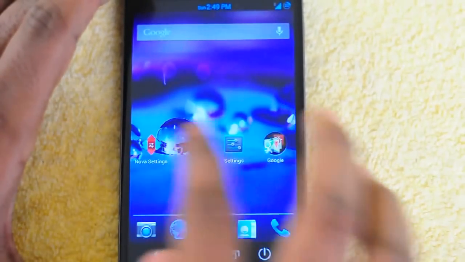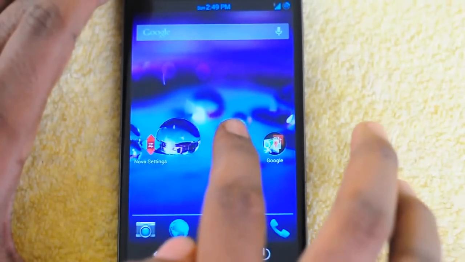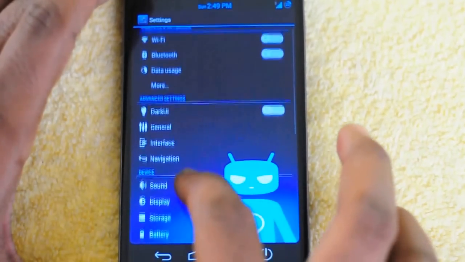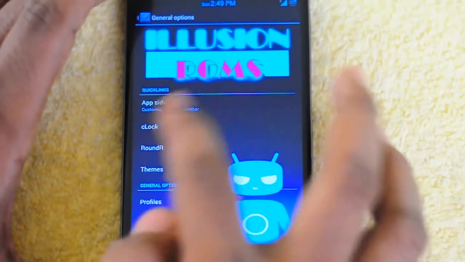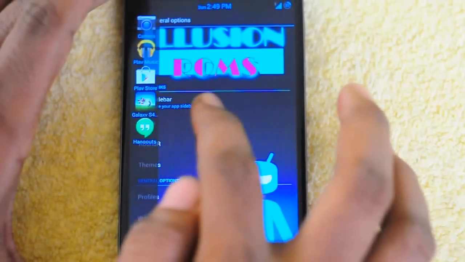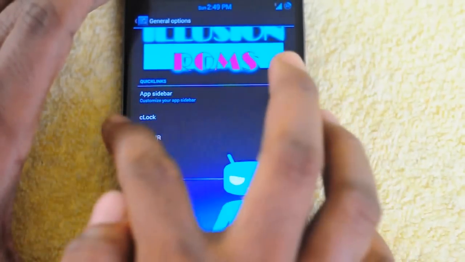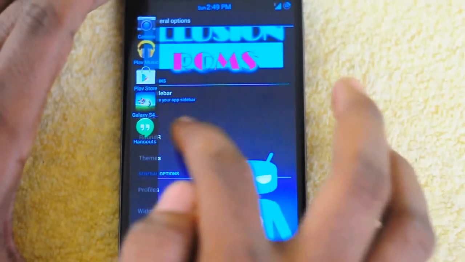This ROM comes with Nova Launcher pre-installed, so you don't need to install any custom launcher. Let's go to the settings and check out some of the features that you are going to get with this ROM. Under the general tab here, we have the app sidebar. You can see when I swipe from left to right, there is this sidebar where you can place any of your favorite apps,